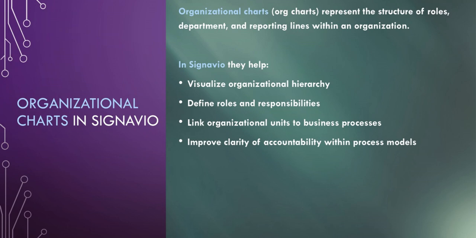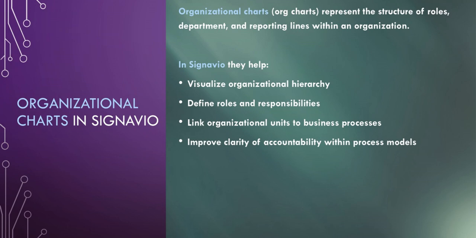In this video, we will introduce organizational charts in Signavio. Organizational charts are used to represent the structure of an organization, including departments, roles, and reporting relationships. In the context of business process management, organizational models help us understand who is responsible for executing different activities within